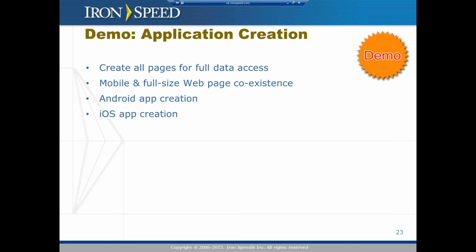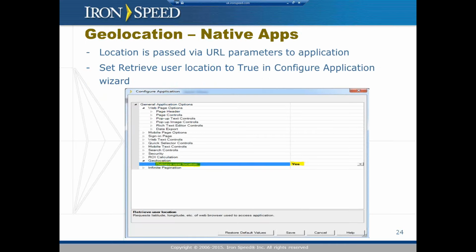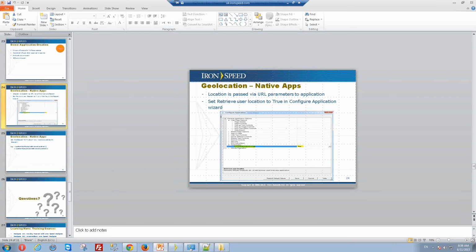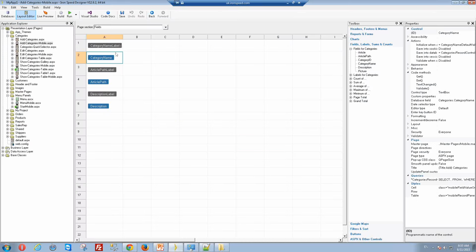And then there's one more slide that I'm going to talk about, and then I'll start answering the questions. So geolocation is an important part. There are quick properties that you really need to set in your application. There is a property called Retrieve User Location inside the Configure Application wizard. So let's take a look at this property, which you need to set in order to use